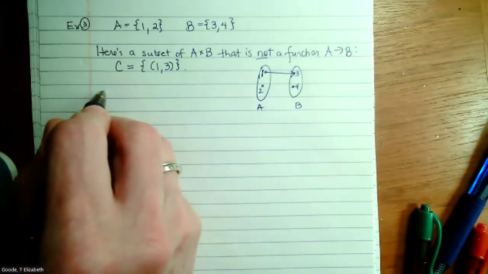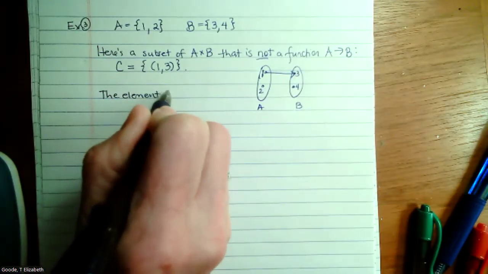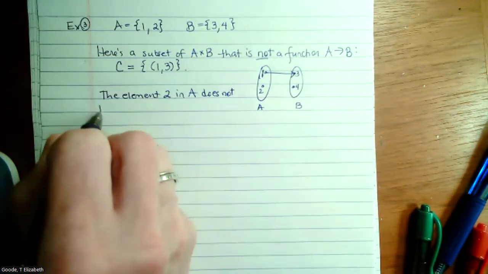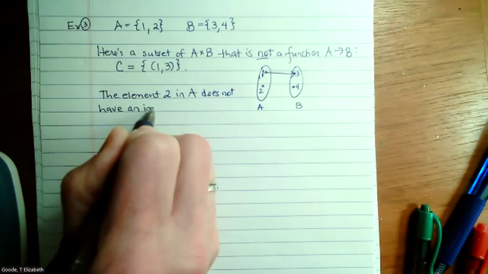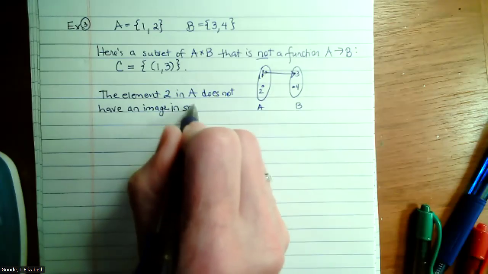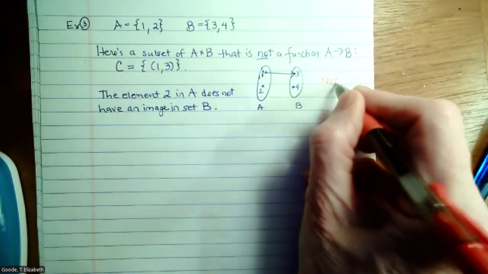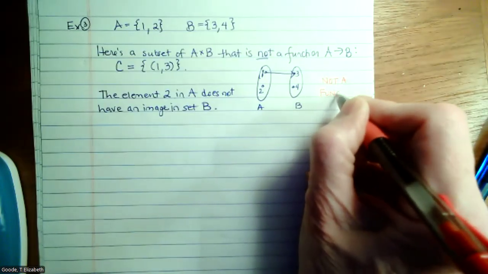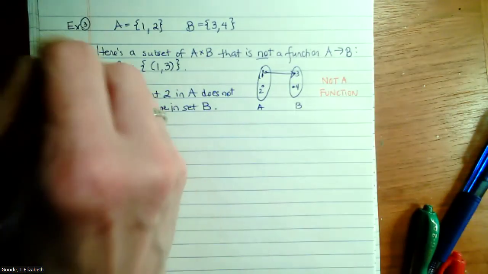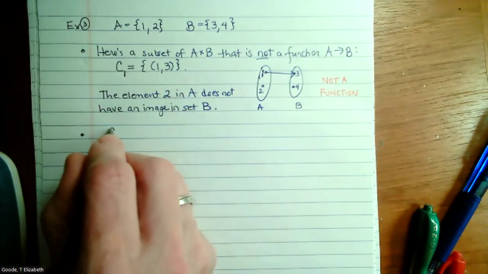That's right. The element 2 in A does not have an image in set B. So it's not a function. That's another way that a subset of A cross B can fail to be a function. Here's another subset. We'll call that one C1. C2,